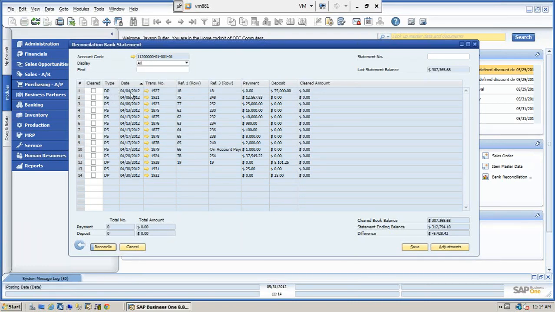So let's go here and set this to all. And very simple, we can clear. You see right now we're in date order. If we like, we can double click on the type, so we can put it in order of deposits and payments. So very simple, I'm going to go here, I'm going to clear the deposits. As I'm doing that, you can see the difference down here change. So we're going to clear these deposits,